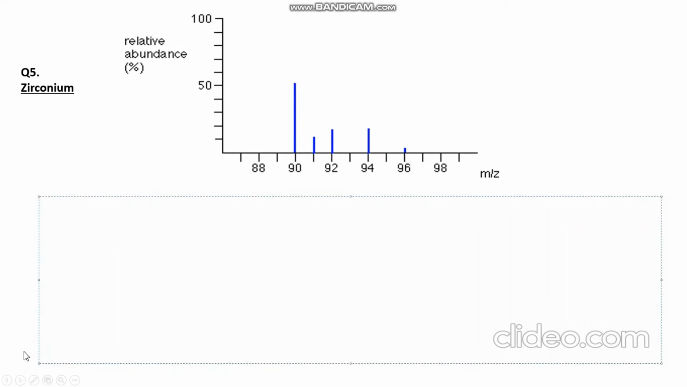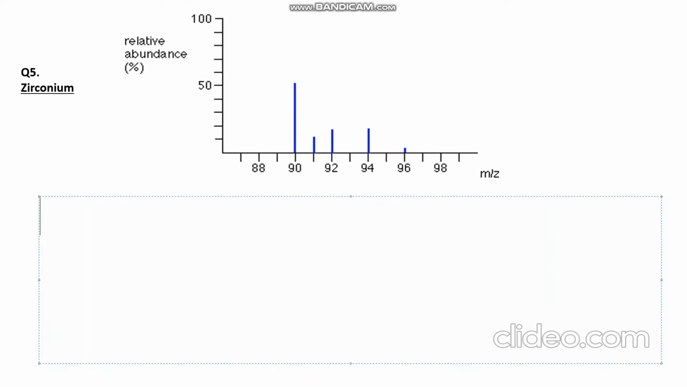So in this question, we are going to calculate the relative atomic mass of zirconium, and we are using the mass spectra to calculate the value. On the x-axis of the mass spectra, we have the mass number of the isotopes, and on the y-axis of the mass spectra, we have the relative abundance respectively. From the graph, we can see that zirconium has 5 isotopes, and their mass number is 90, 91, 92,